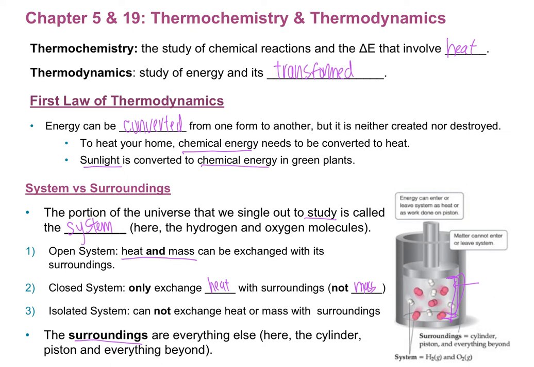An isolated system is where heat and mass are not going to be able to leave the system. Again, with the coffee example, that might be something like a Yeti cup. I can have my really high quality thermos that keeps the mass as well as the heat in for a very long time. So that's closer to an isolated system.